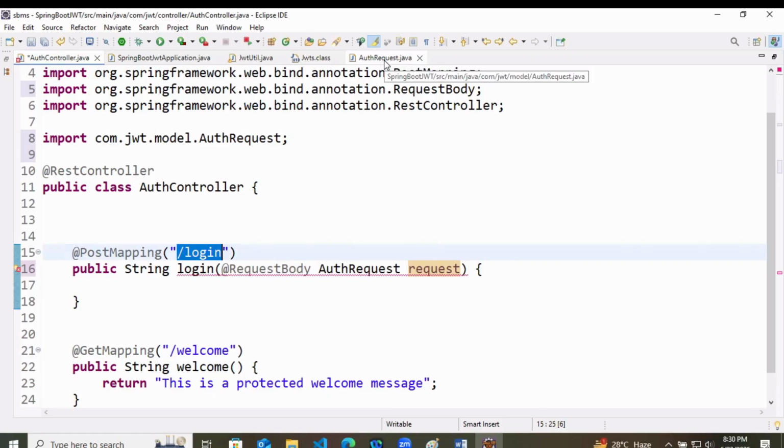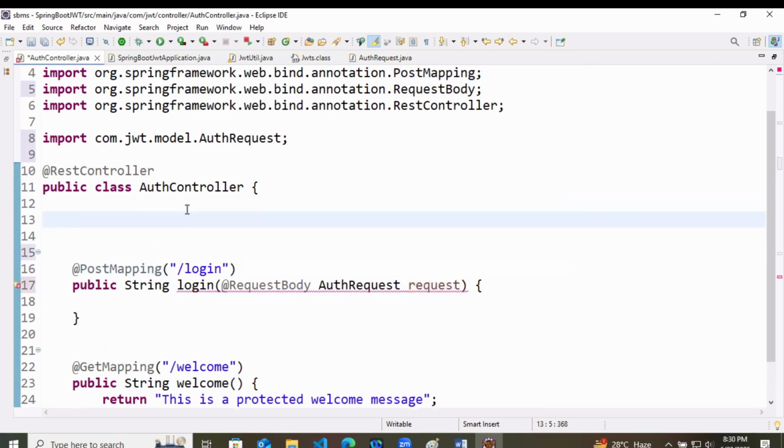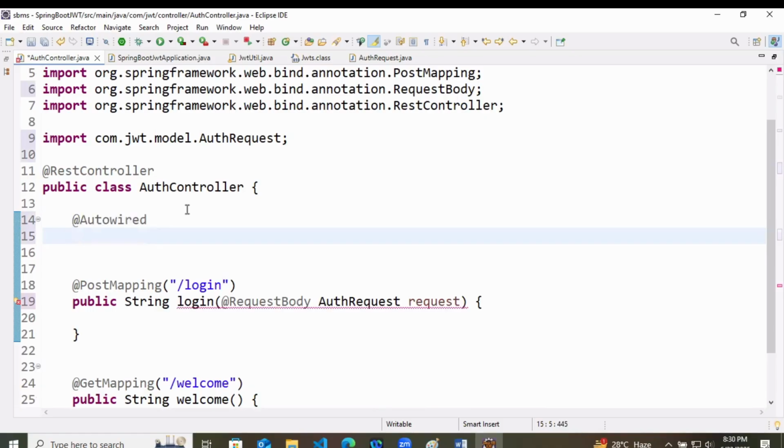So simple. Now we will autowire some of the classes here. At first, I will autowire, private.